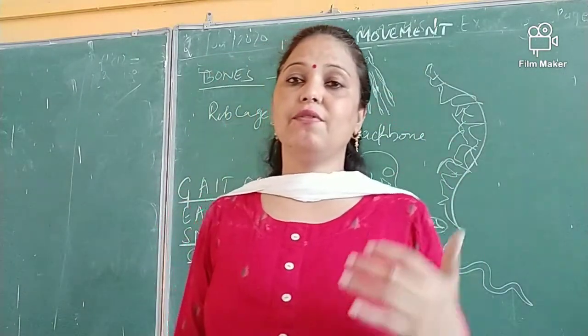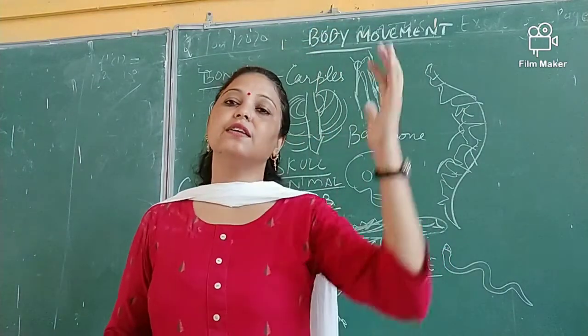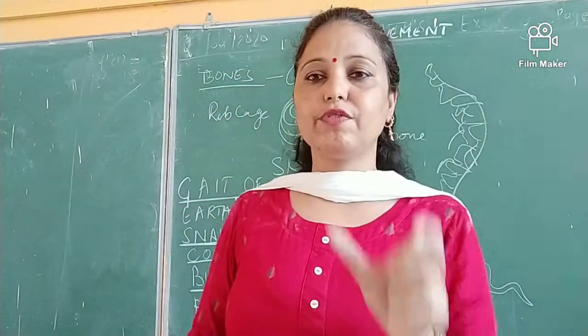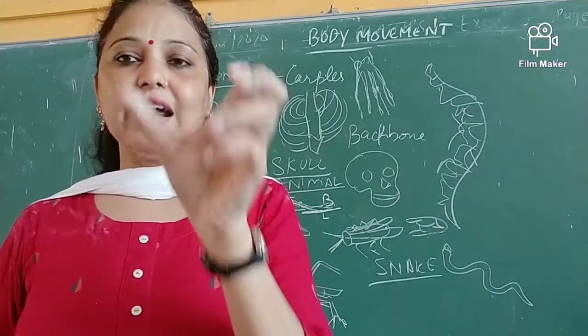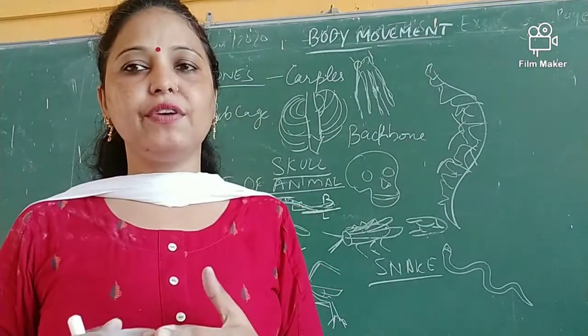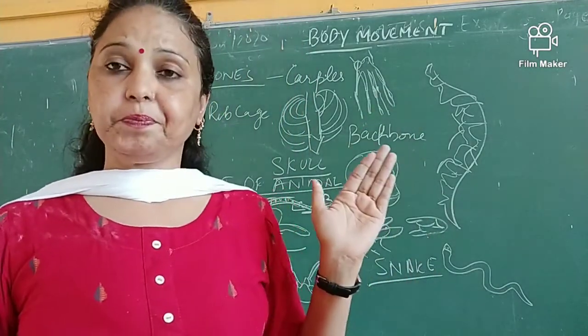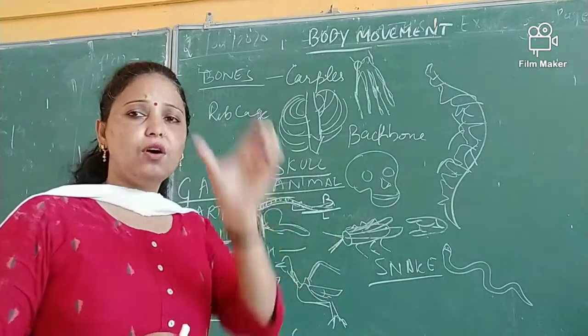But birds can fly, why are we not able to fly? The reason is that birds have hollow bones. If you see the bones of birds, they are lighter in weight as compared to our bones. Our bones are filled with heavy, dense bone marrow, but in birds we have hollow bones,